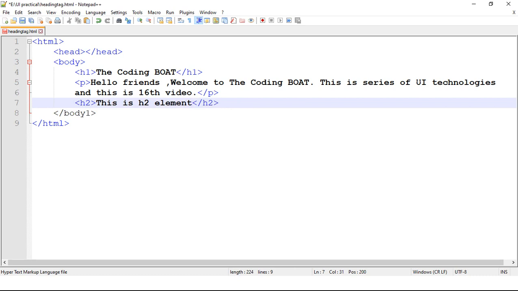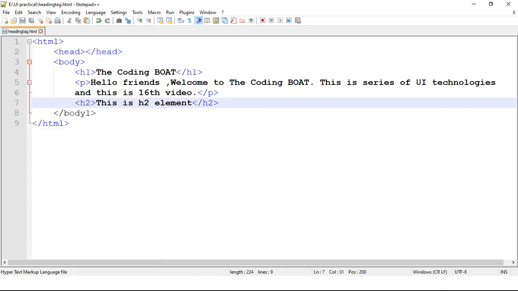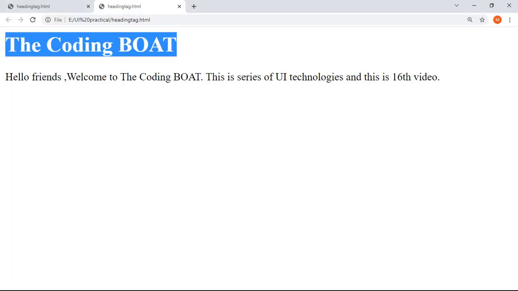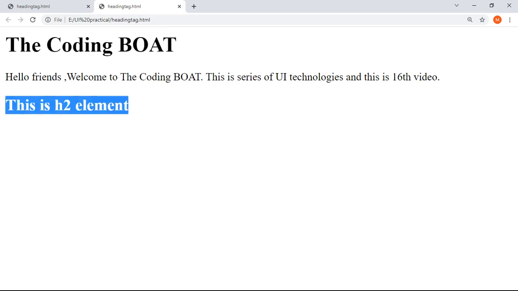Let's save the code and refresh the page. Got it? Here after video I am not getting this is h2 element. I am getting this is h2 element on next line.